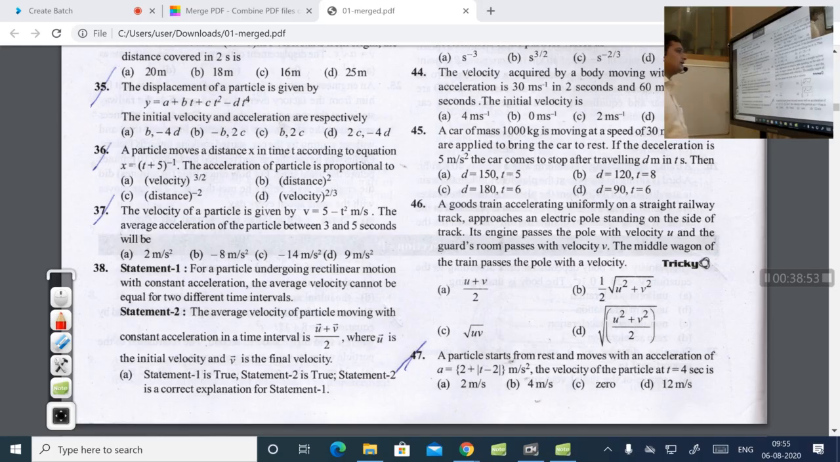The velocity of the particle at t equal to 4 seconds is. Okay, students. So acceleration is given. Now they are asking velocity. That means you have to go by integration, students. Okay. So you have to be careful. Now let us see. A is equal to